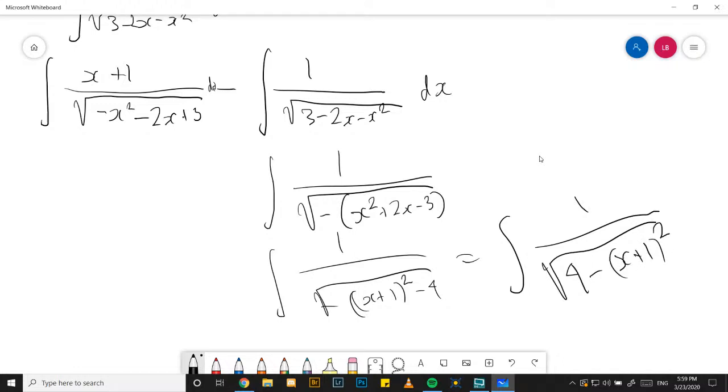And if you notice, that's equal to 2 squared over there. Beautiful, right? Because now you can pop over to the